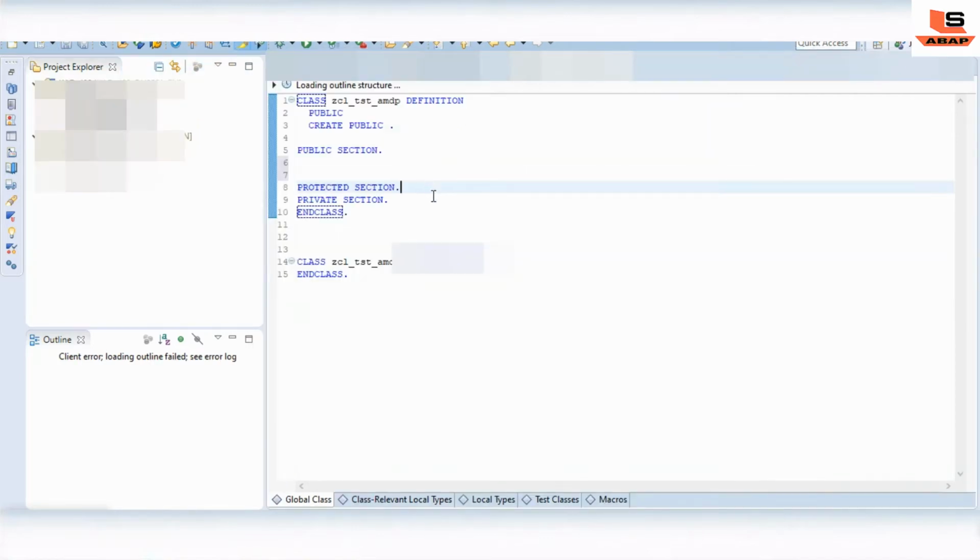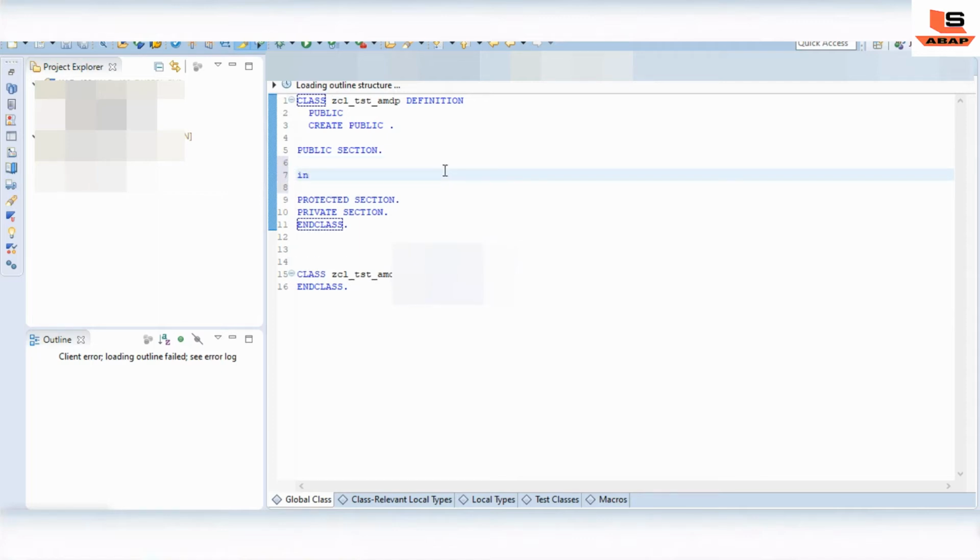Now we have just created the class, and we have to create the AMDP method. Before creating the AMDP method, we need to make the class an AMDP class. How do we do that? We have an interface, so we just have to use it.